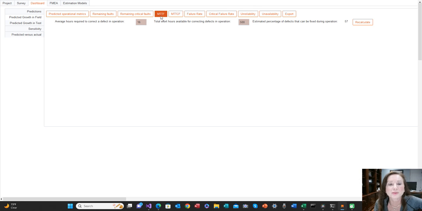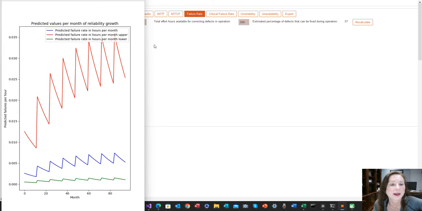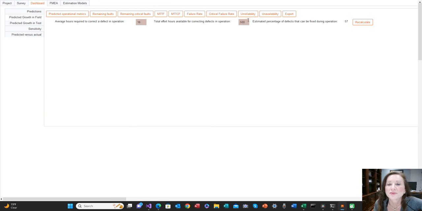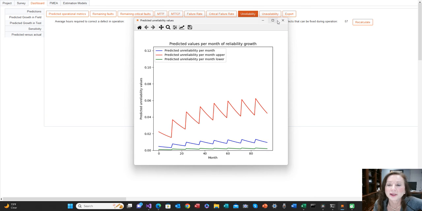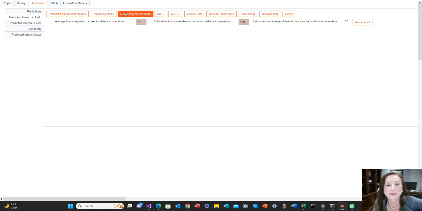We can also predict the mean time to failure. We can predict the failure rate. See that? The unreliability and the unavailability. And we can also filter for just the critical defects in these graphs as well. You can also export. And then notice here, I have a line item for the average corrective action hours and average test hours. And so if we hit the recalculate button, it'll show us